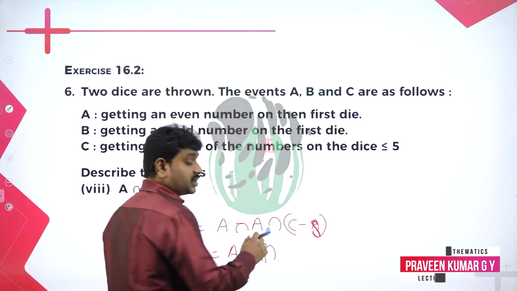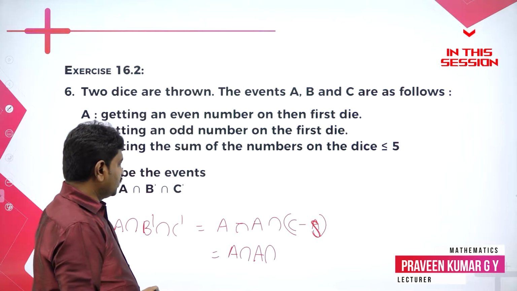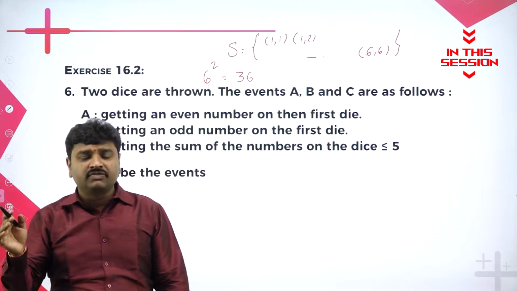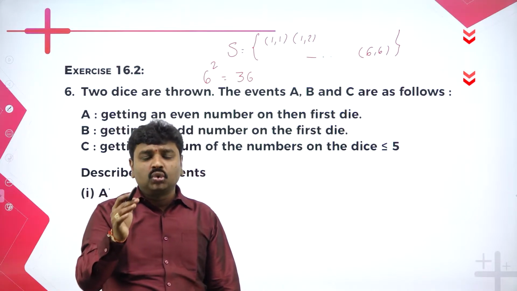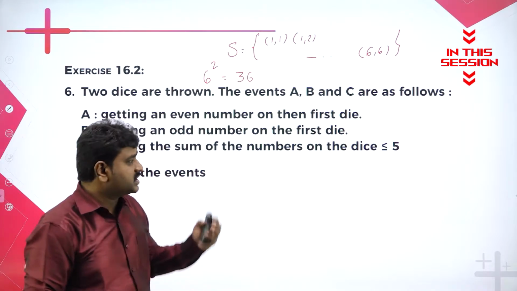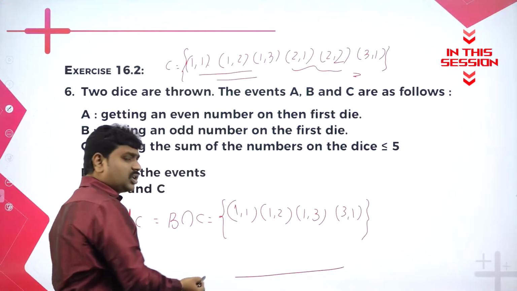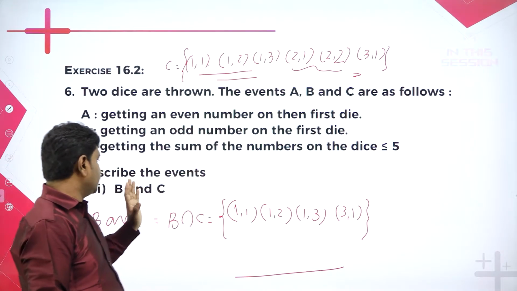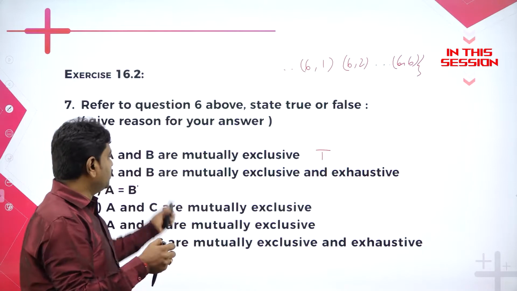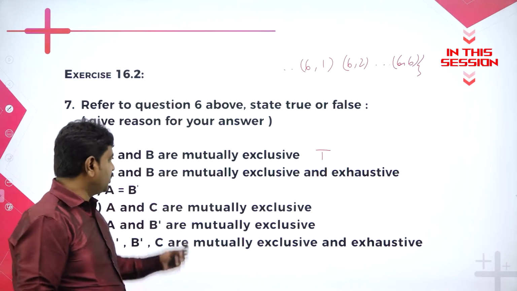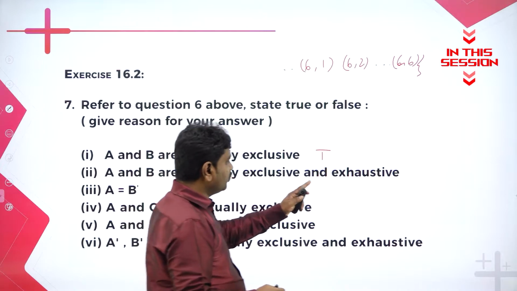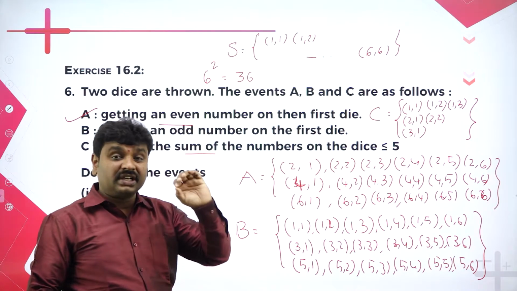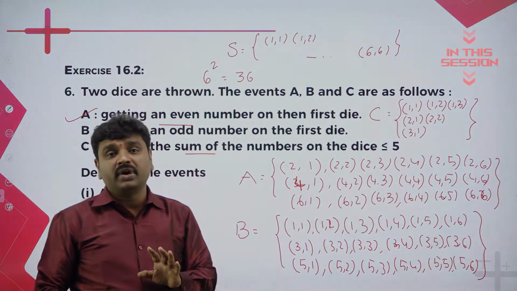Will get all other elements which are giving more than or equal to 5. So A intersection A is A. The outputs will be in the form 1,1, 1,2, 1,3, 1,4, 1,5, 1,6, then 2,1, 2,2, 2,3, 2,4, 2,5, and both the dice like that till 6,6. Intersection means what? Common elements for B and C. C means the sum when you add should be less than or equal to 5, as given. Because in A every element starts with even, in B every element starts with odd, there is no common element, so they are mutually exclusive. A and B or C are mutually exclusive and exhaustive. It is also true. 2, 4, 6 starting numbers you remove, 18 outputs you remove. Other than 18 you will have, out of 36, if I remove 18.